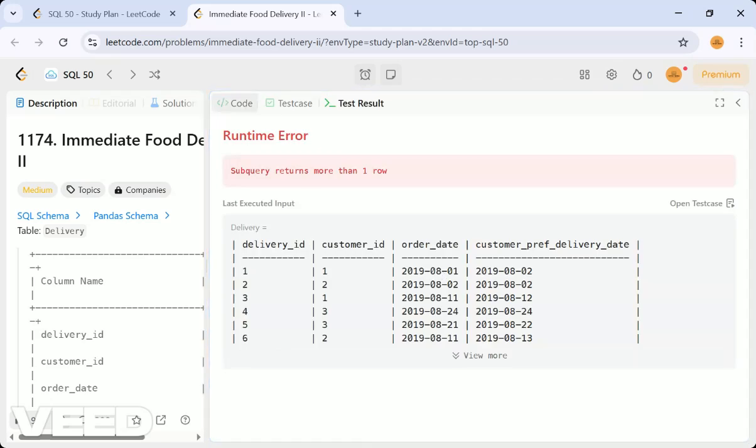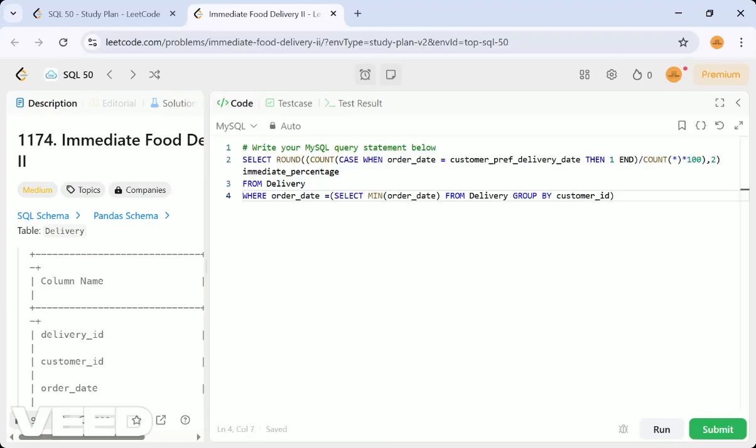Subquery returns more than one row. So yeah, here what we have to do is check that both customer ID and order ID should be matched here. So it's an IN query, right, so customer should also be in there.